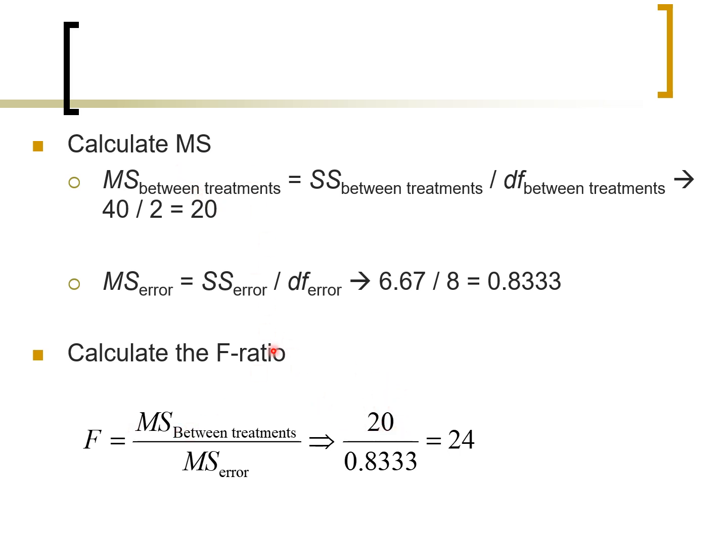Over what, though? And it's not just mean square within, like with the independent measures. We've subtracted out the between subjects variability that we know we can account for. It's not just random anymore to us. So what's left is random, or error that we can't explain due to our treatment or the between subjects aspect. And we get our mean square by plugging the values in, and then pop that into the denominator of our F ratio,